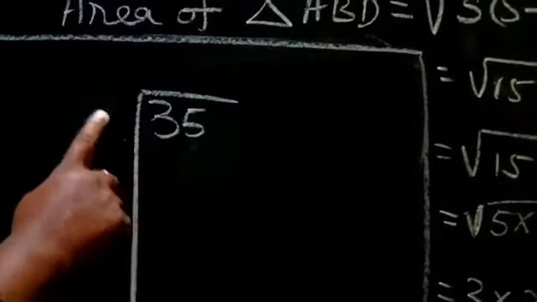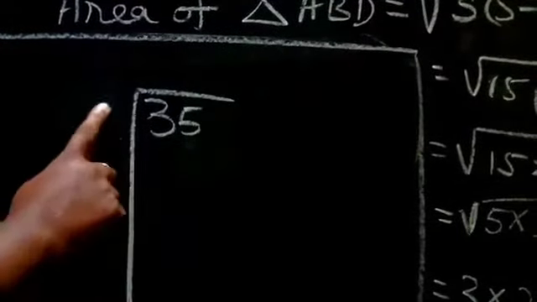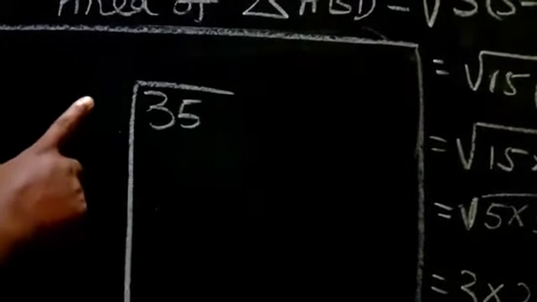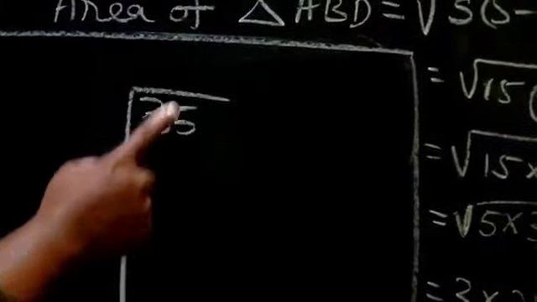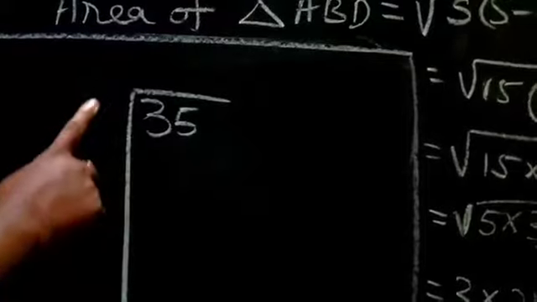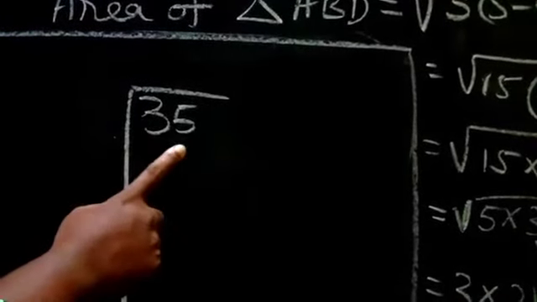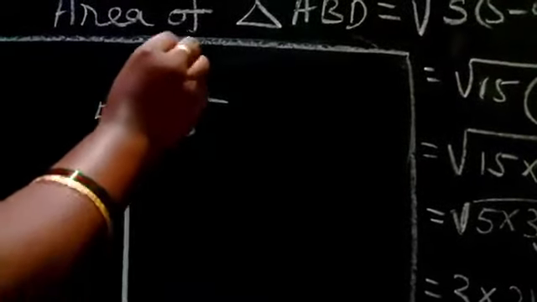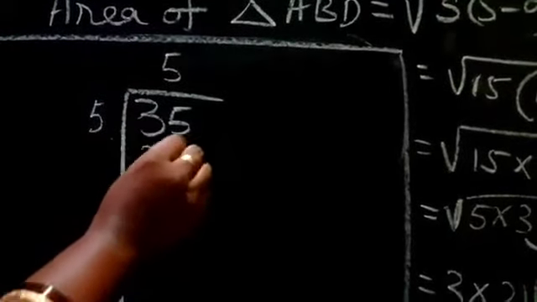2 if you take, 2 2s are 4. 3 if you take, 3 3s are 9. It is very less numbers. So like that, 5 if I take, 5 5s are 25 I can write. But 6 if I take, 6 6s are 36. More than this number I should not write. So I will write here 5 5s are 25.